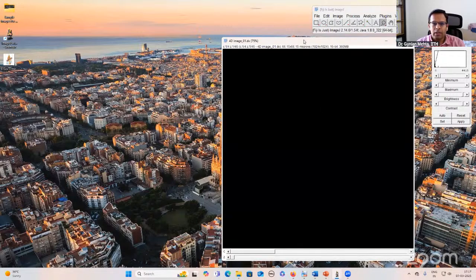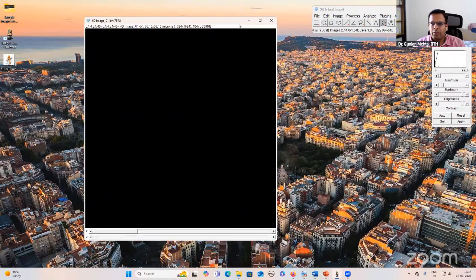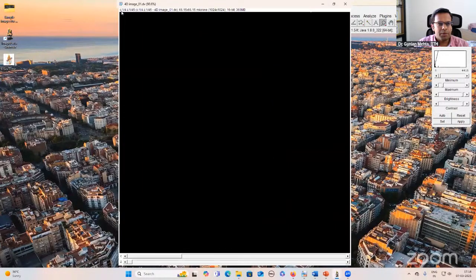Okay. So I open this image, and what I am seeing here is everything blank. I'm not seeing anything, right? So I'll explain to you how to interpret this image. First, you can see a small panel where something is written, right? Let us understand what is written. First it is showing that C means channel. And this image has 4 channels, and currently we are on the first channel.